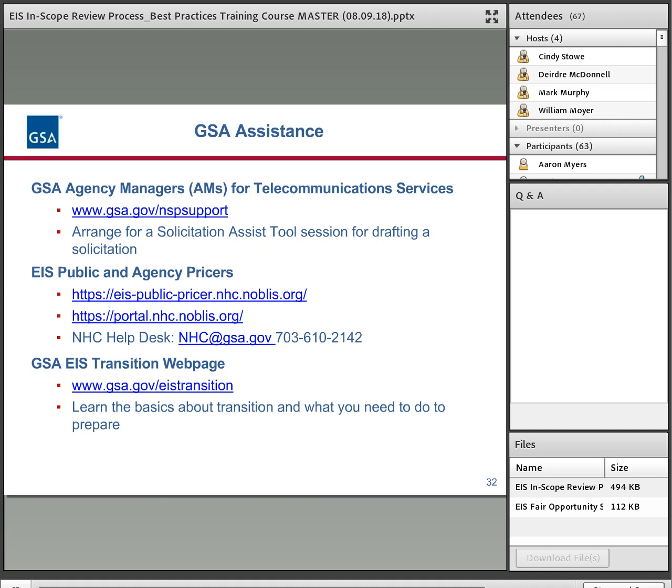It's not on the slide. We have a definition of task order projects in section G of the EIS contract. I don't know off the top of my head. Okay, so we're suggesting you go ahead and check that. Yeah, it's in G. Task order project is defined.